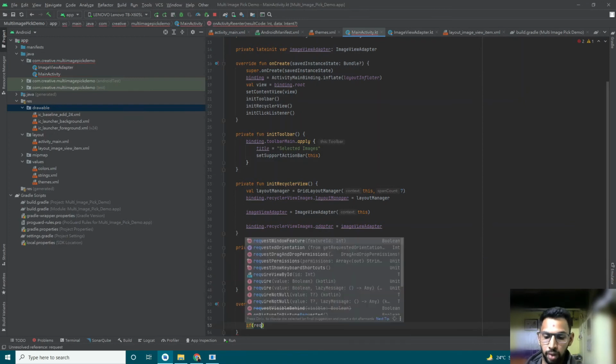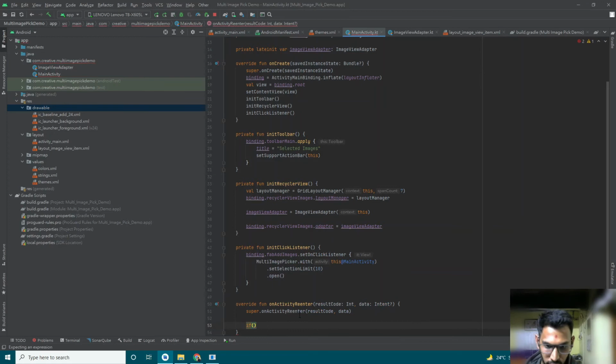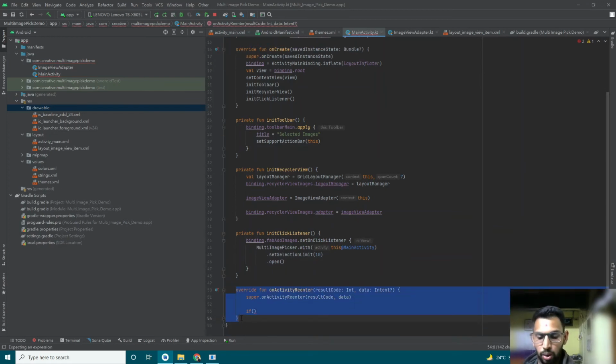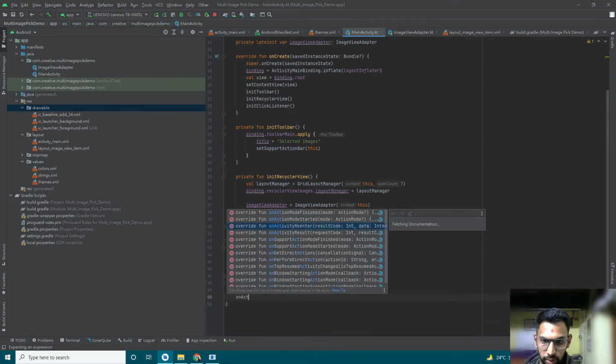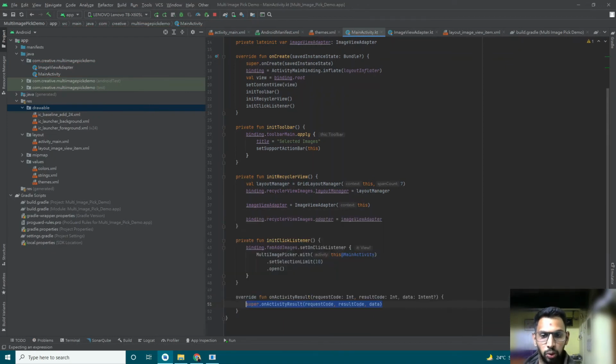Sorry, I have overridden the other method. On activity result has three parameters: request code, result code, and data.